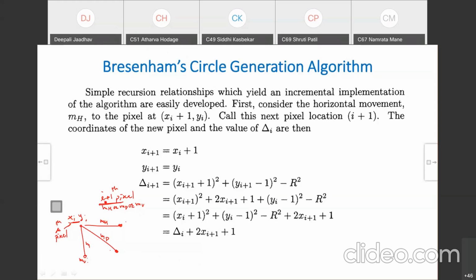What does the recursion method mean? Recursively we add the same on the right hand side until it is simplified. So that is the simple method. Here this point, we call it xi plus 1. This is xi, so it is xi plus 1. What is it? Increase x by 1. Increase xi by 1.